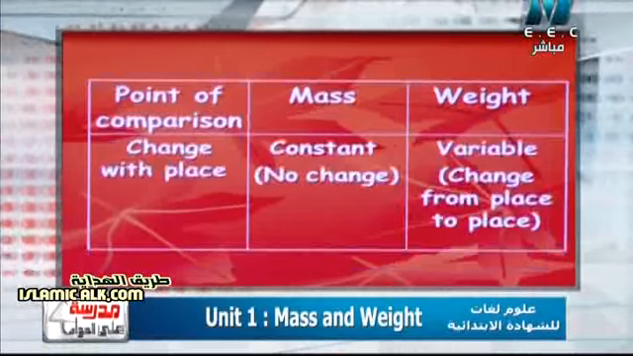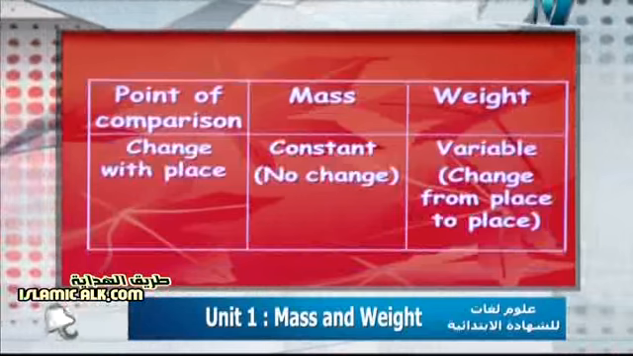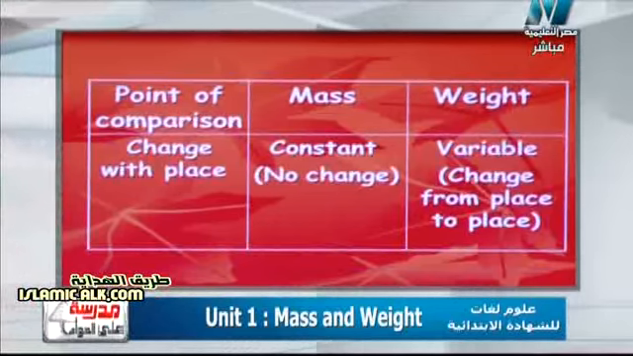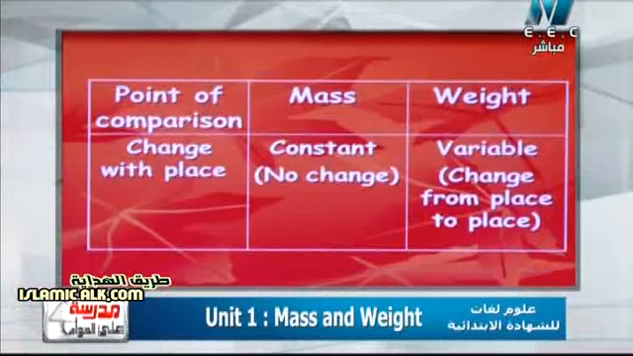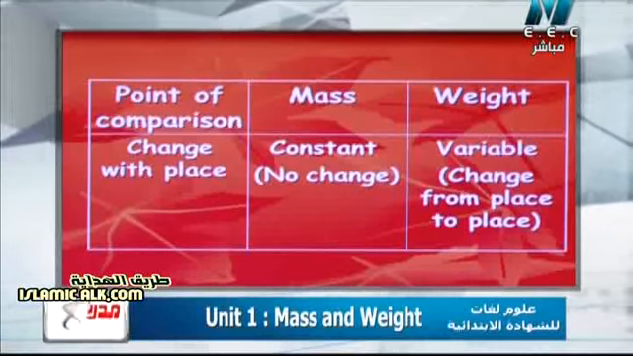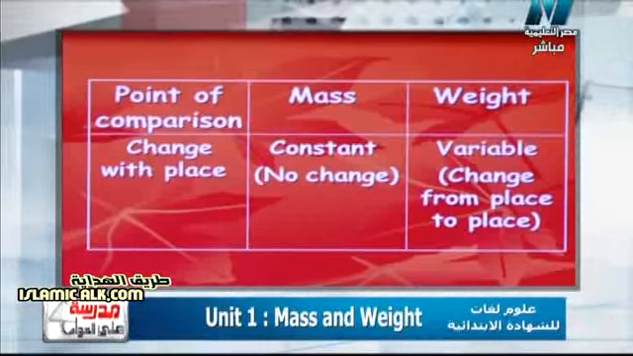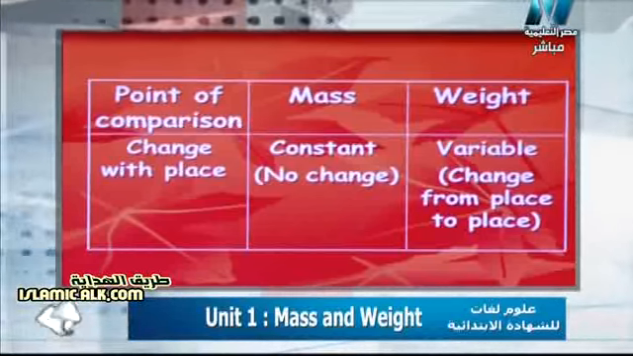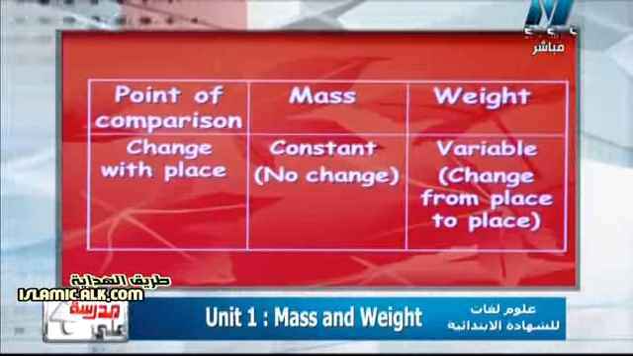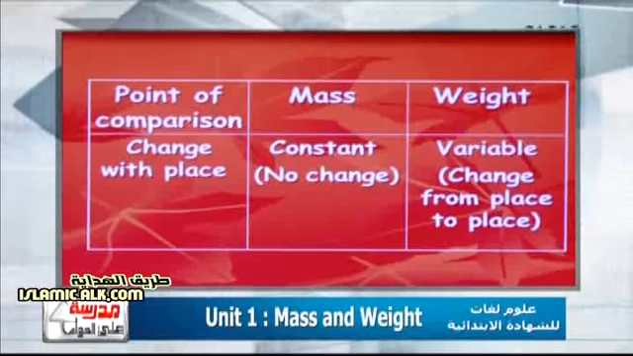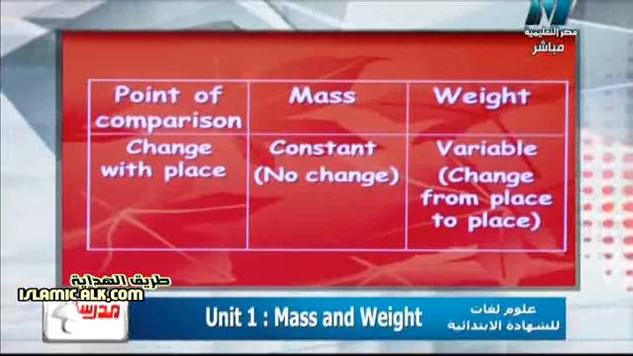Point of comparison: change with place. هل بتغير بتغيير المكان ولا لا؟ We know that mass is a constant and it doesn't change. So I can say in mass no change. في الماس ممكن اقول له no change، مفيش تغيير خالص. لكن في الويت variable change. Variable or change from place to place or changeable. Variable معناها متغير، يعني مش ثابت، قيمته بتتغير من مكان لمكان لانه بيعتمد على البليس، بيعتمد على distance from the